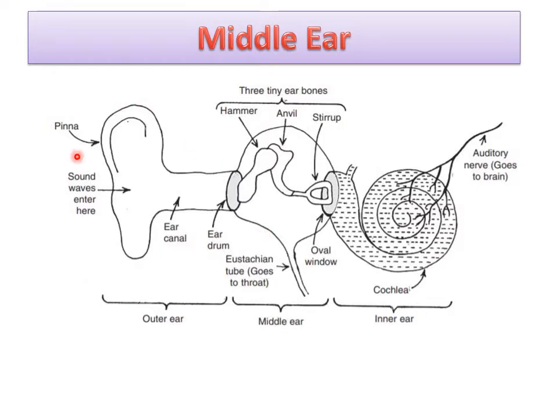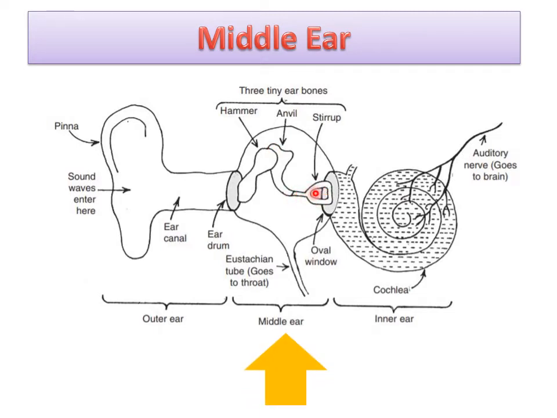After understanding the various components of the outer ear, we now come to understanding the middle ear. As we have already discussed, there lies a membrane called the eardrum, which connects the outer ear and the middle ear. There also lies a small bone which is touching the eardrum. It is also called the malleus. After that, there is a small bone which is touching the hammer at one end and the stirrup at the other end.